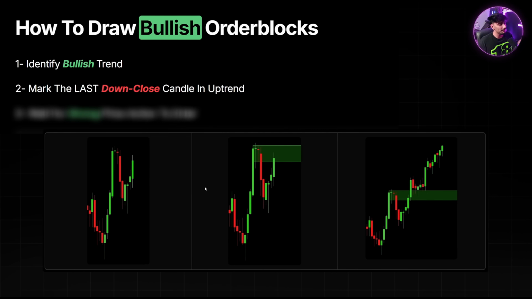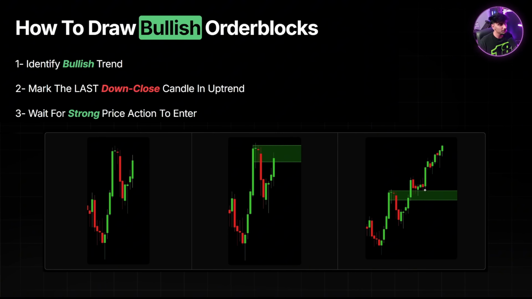And then finally, for step number 3, we wait for strong price action to enter. In this example here, we can see the stock did end up breaking out. We came back for the retest. We got a very strong bullish candle right here. We would have entered into the trade, risking the bottom of the order block and our profit targets being at